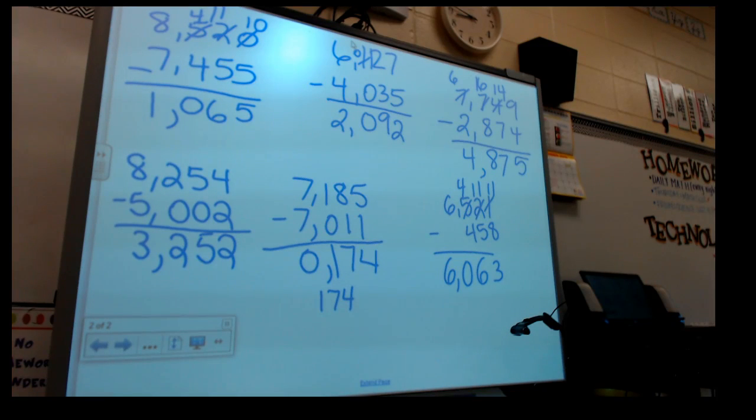An apple tree is 3 times taller than a pear tree. If the height of the pear tree is 42 centimeters, how tall is the apple tree? What do we do on this one? I'm sorry? Division. We're not subtracting on any of these. We're either multiplying or dividing. So let me read that one again. An apple tree is 3 times taller than a pear tree. The pear tree is 42 centimeters. How tall is the apple tree?